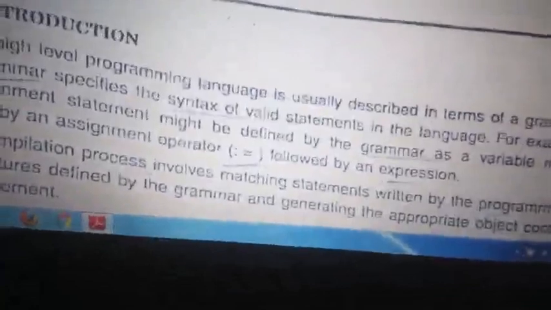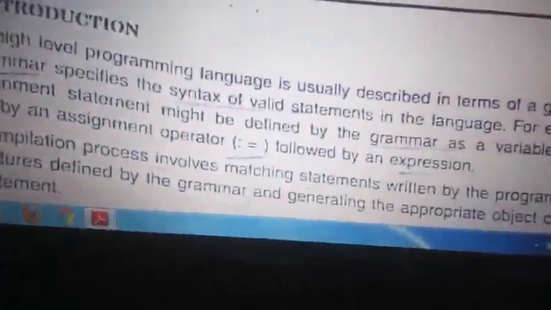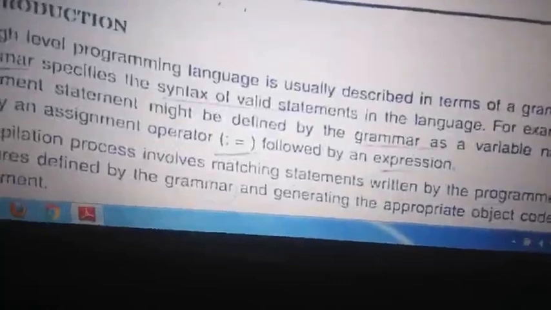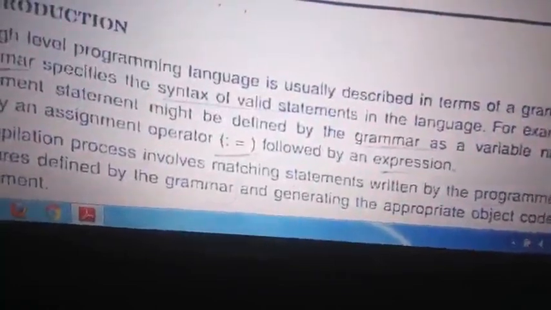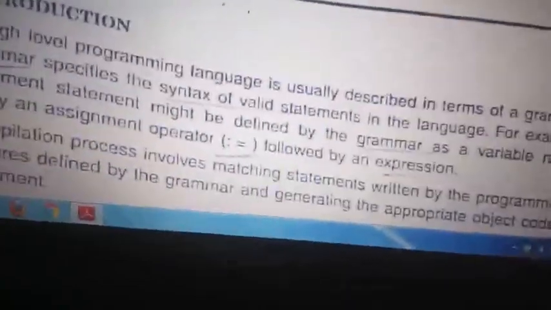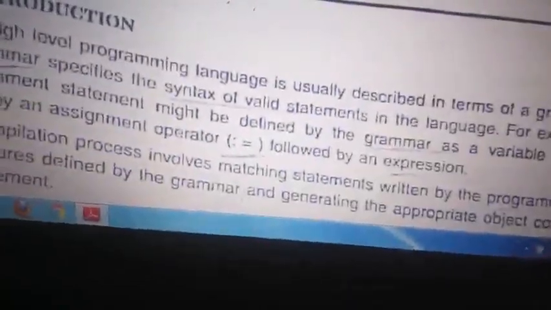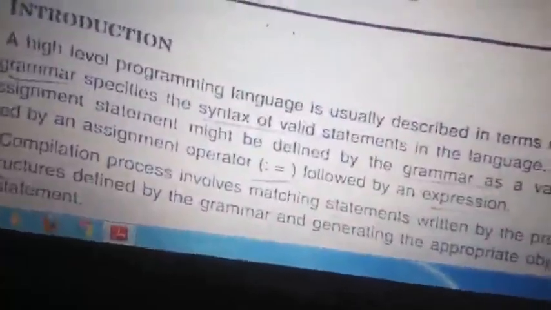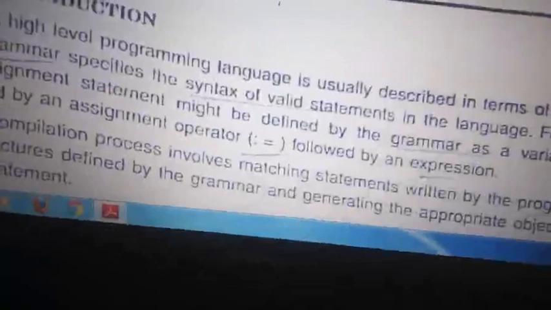TOC, you remember, right? In a high-level language, we use expressions, operators and symbols instead of writing everything out, so it is very easy to understand. Whenever you use symbols, that is nothing but a grammar. So I can tell that a high-level language can be described in terms of the grammar, right?